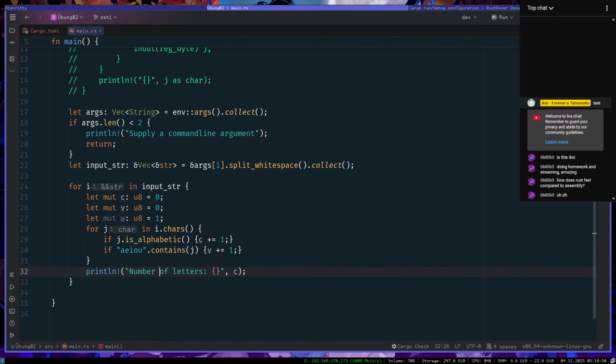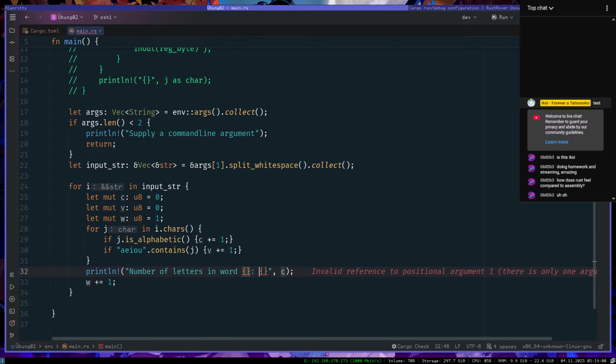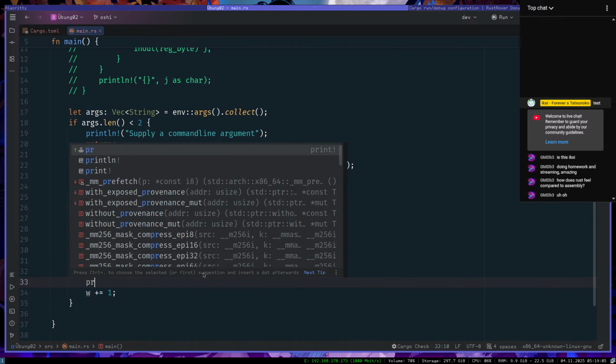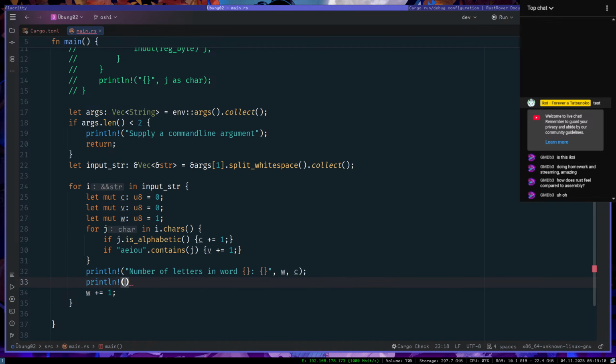Let's do that with w plus equals 1, number of letters in word. And then I'm just going to print the number of vowels in word. Wait.